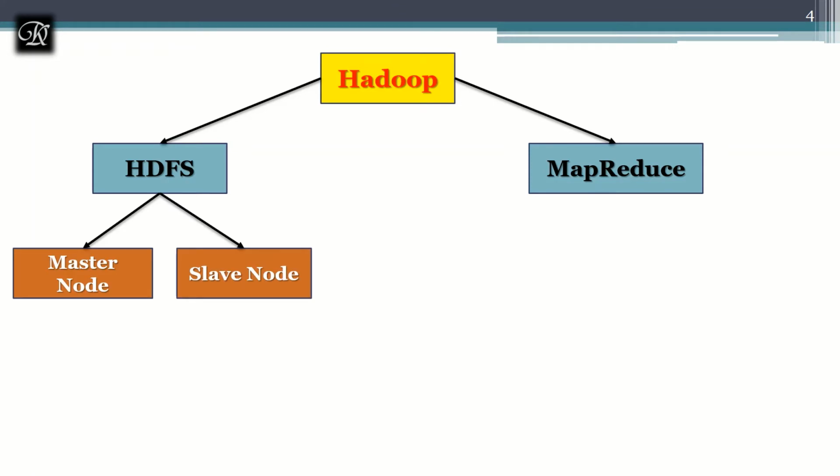On the HDFS part, Hadoop works with the master-slave concept, where we'll have some nodes as master nodes and some nodes as slave nodes. Hadoop is a distributed architecture which supports parallel programming and a parallel computing system. Because of this, Hadoop is so famous.